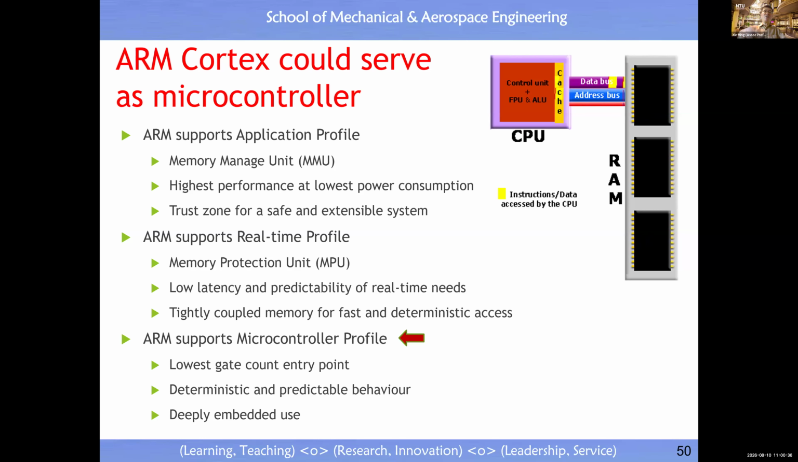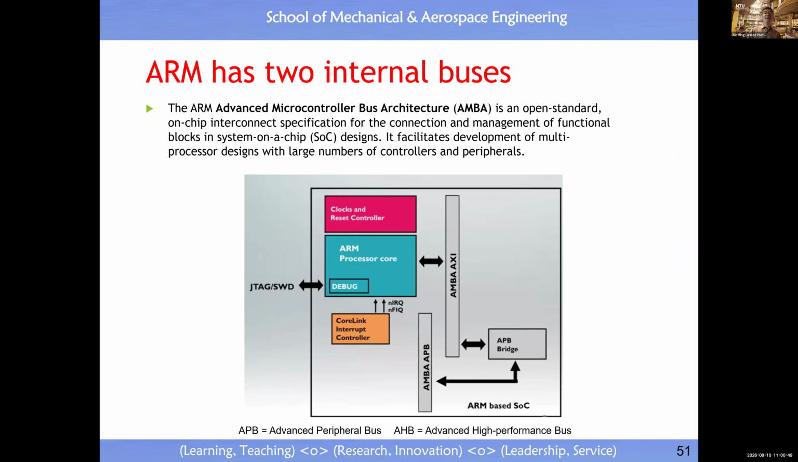How come we can configure them into M series, R series, A series? Answer is what? We just load a profile configuration file, right? Then done already. Okay, just for you to know. Another thing for you to know is ARM Cortex is a high-speed microcontroller because internally it